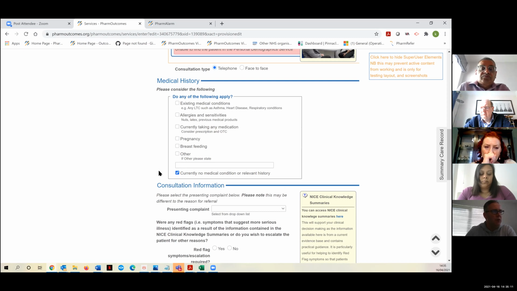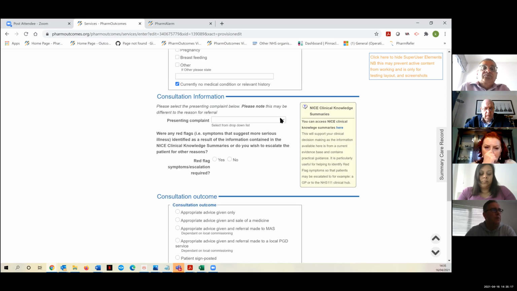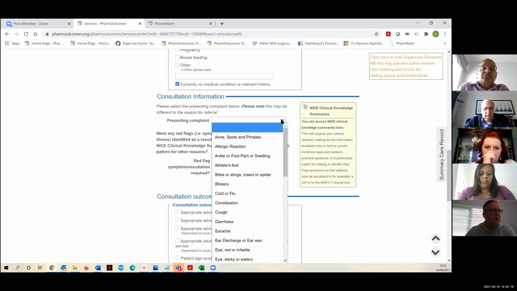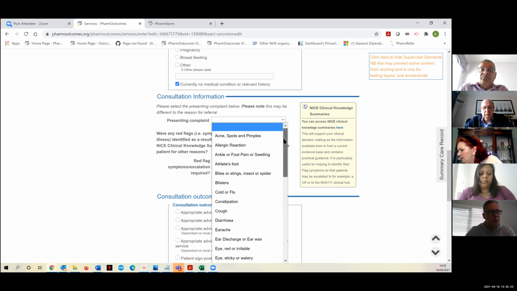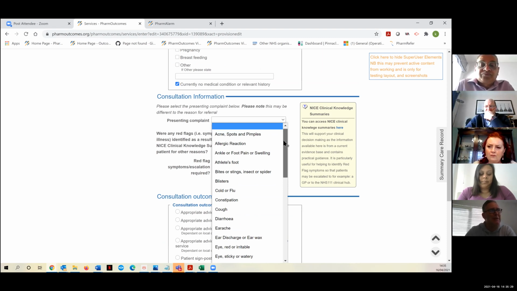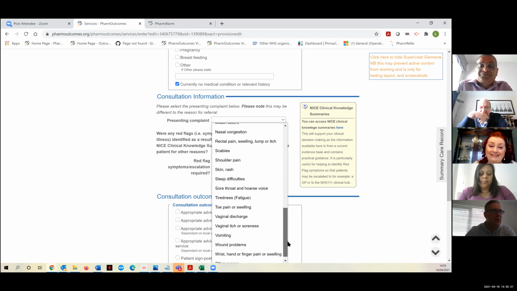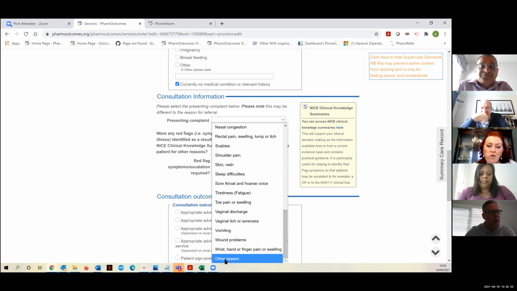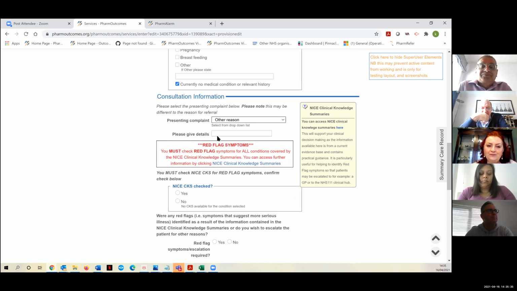And if there are no conditions, obviously you're not going to get any alerts that pop up to highlight further consideration. So the presenting complaint is a list that's aligned with the service specification, which I need to say to Idris, don't send me a cold sore one, because cold sore unbelievably isn't in that list. But you can record any reason by clicking other at the bottom, and you just put in a free text field